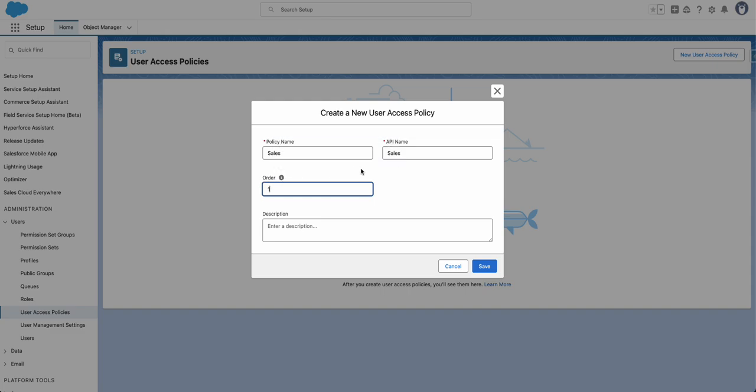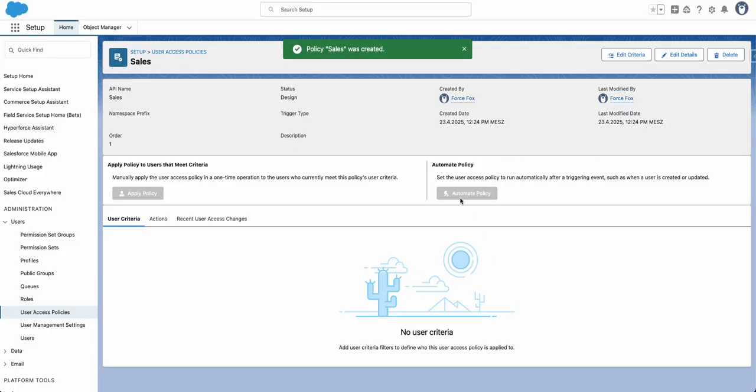That's the reason why we have this order number. Let's assume you have a lot of these user access policies running automated, then it's just about who runs first. Quite easy. So now we have this,